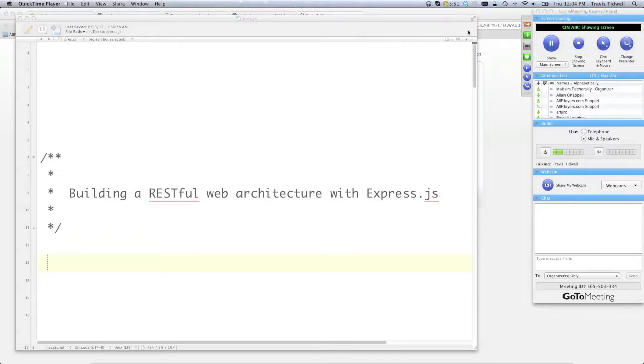Thursday, August 23rd, 2012. Today I'm going to be talking a little bit about building a RESTful web architecture with Express.js. Express.js is just a little something that I've been really geeking out about lately. In particular, that and Node and what it brings to web development and what we can actually do with it. It's pretty exciting stuff,